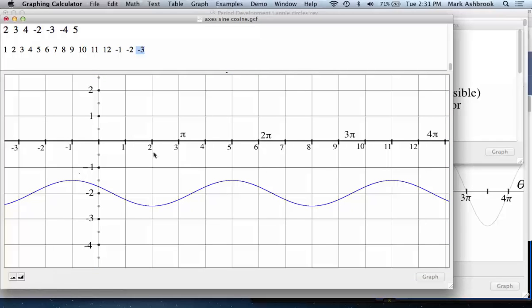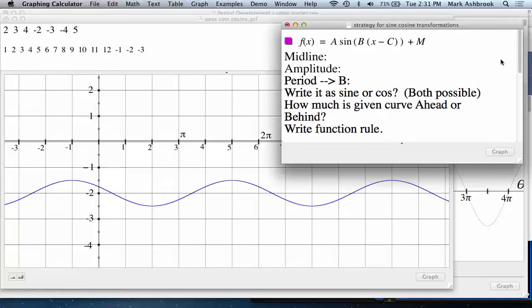There we go. They're not just like that. It doesn't start with the sine and start with